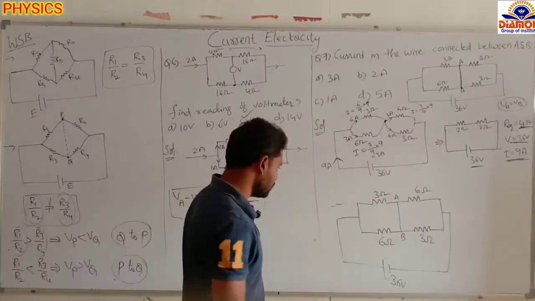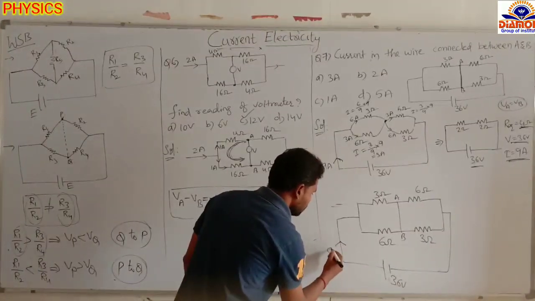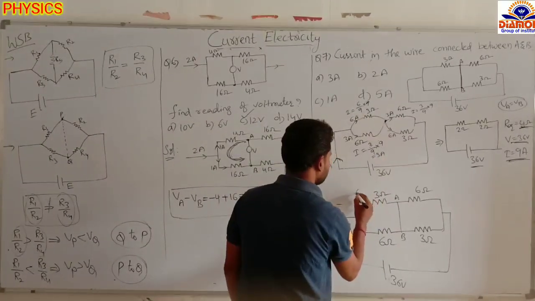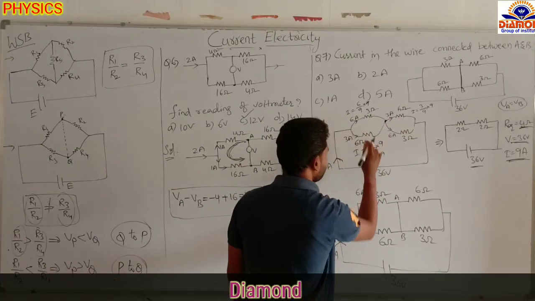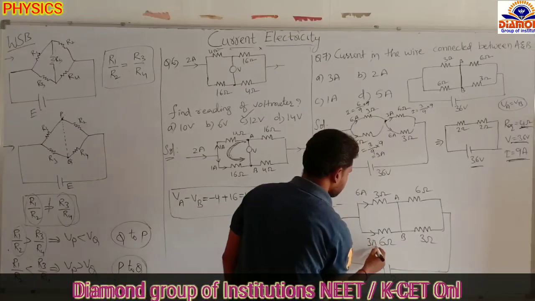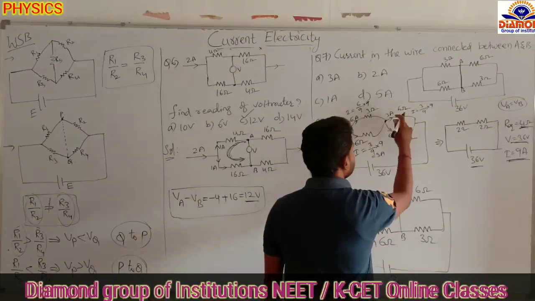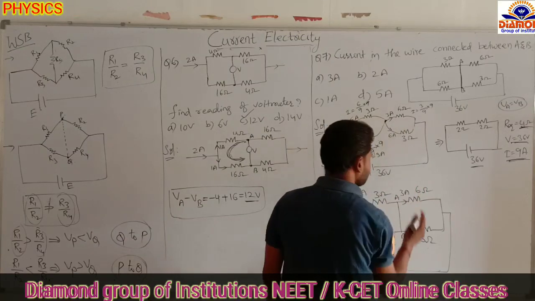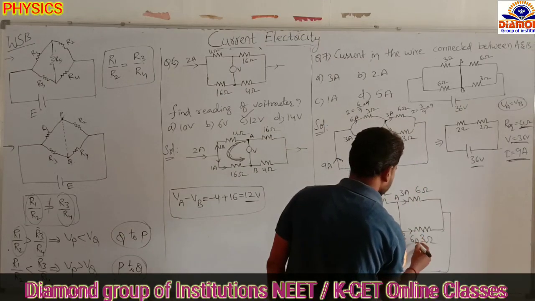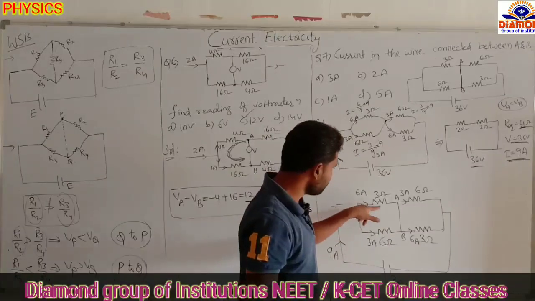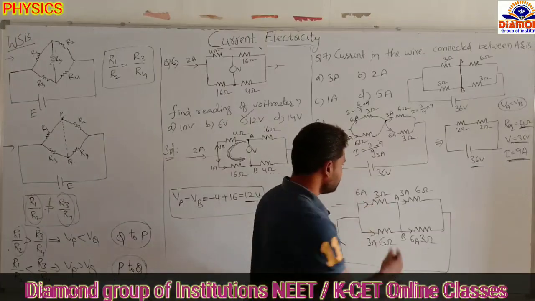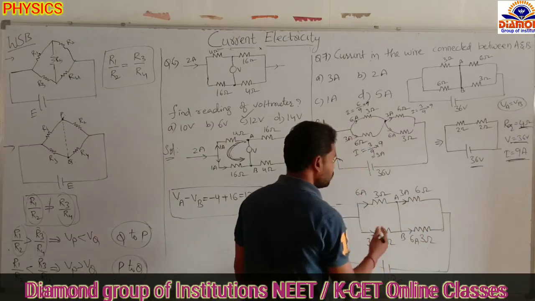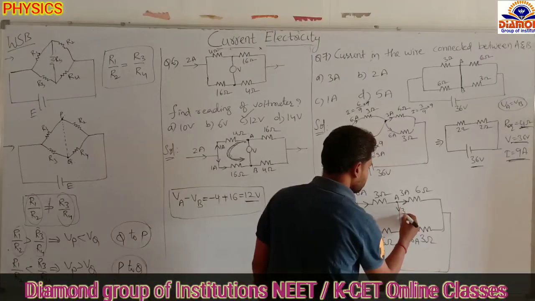Same thing I am going to draw here. Total current flowing through the circuit is 9 ampere. This 3 ohm resistor has 6 amperes flowing through. This 6 ohm resistor has 3 amperes, and this 6 ohm resistor has 3 amperes, and this 3 ohm resistor has 6 amperes. Now see here, 6 amperes enters this 3 ohm at this junction. Now here only 3 amperes is going through the 6 ohm, and the remaining 3 amperes are going through this one.